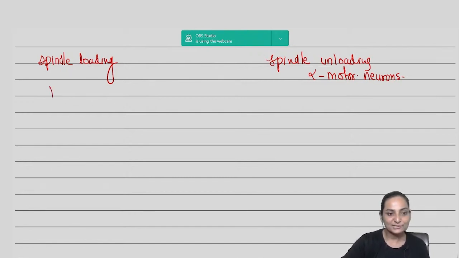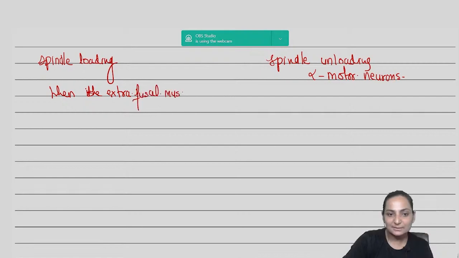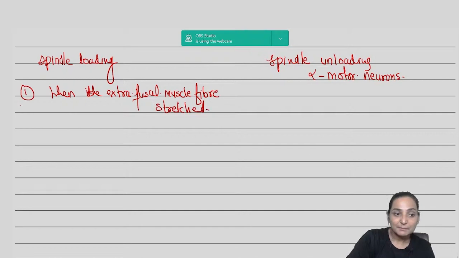First is when the extrafusal muscle fiber is stretched, like exogenously when we are tapping the tendon and eliciting the reflex. But second, very important, which is continuously occurring endogenously, is the continuous or asynchronous rate of